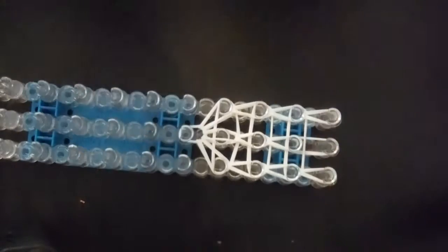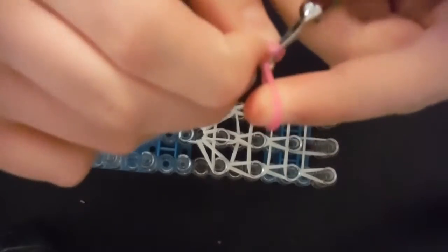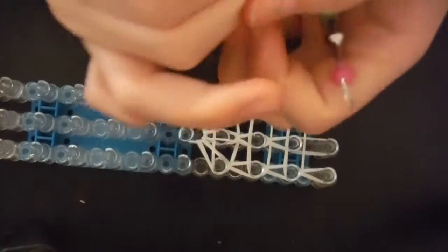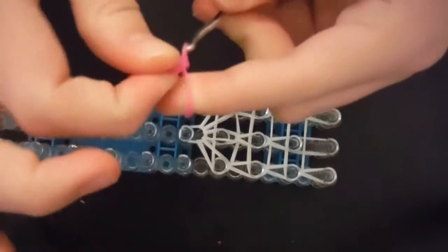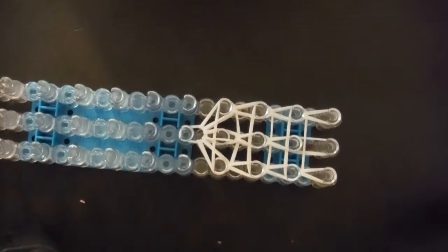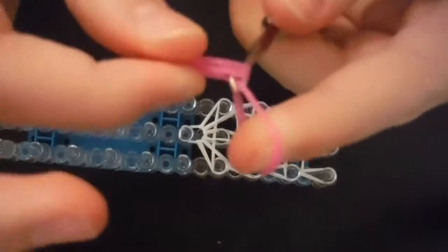So I feel productive. Okay, so now for a tongue we're going to take one of our tongue bands and we're going to wrap it around 4 times. We're going to take a double looped band and we're going to pull that band we just wrapped around onto it, and then we're going to take another double loop band, we're going to pull it on, and then we've got the, no, we're going to take one more. We're going to take one more double loop band onto it. And then